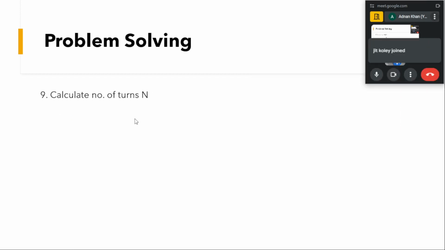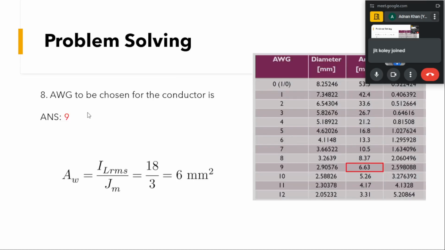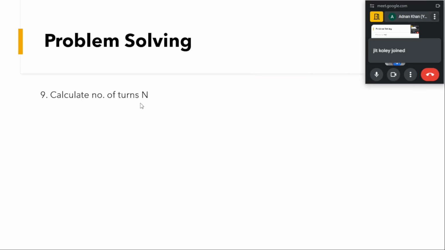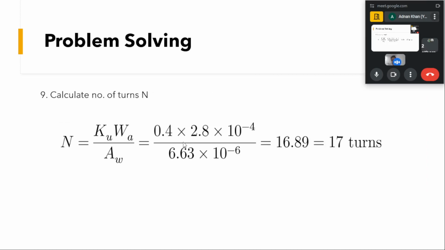So now we have chosen this AWG. Now we have to choose the number of turns. So we have seen from the equation, n will be equal to the